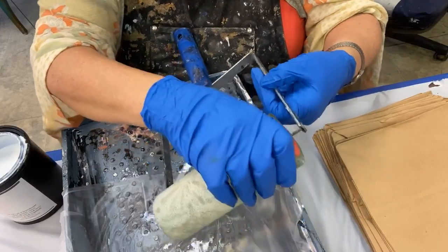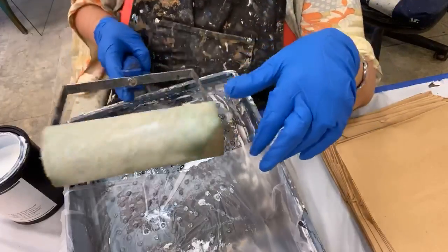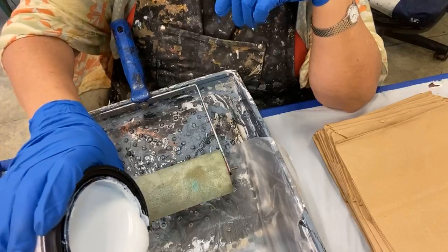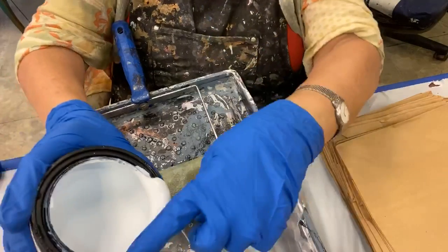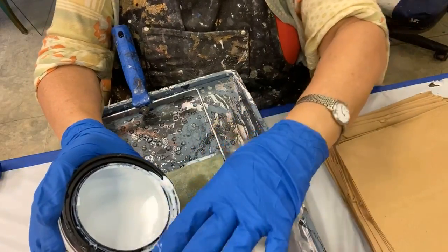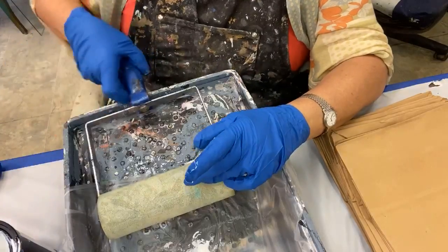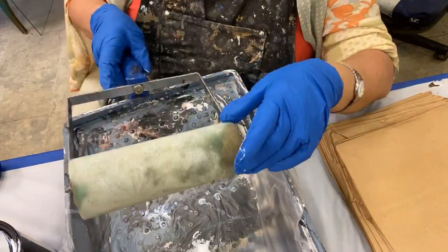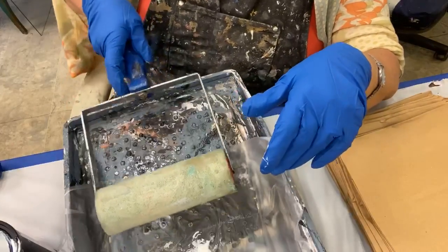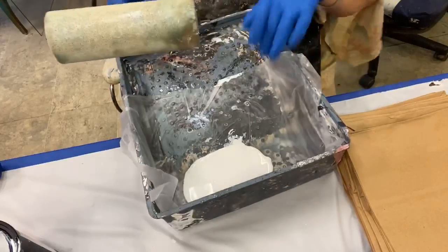I prefer my regular old paint pan like I have here, so I put the sponge roller, and this is the one I was using yesterday. Usually all I do is take the adhesive, roll it up in press and seal, and stick it in the freezer so I can use it again and again. Because if you use new rollers, every time you wash and then reload this, you get adhesive soaking into the sponge and you waste product. So if you take this roller off, wrap it in press and seal and stick it in the freezer, then it lasts longer. All right, so I'm taking this and I put press and seal in the bottom of my pan